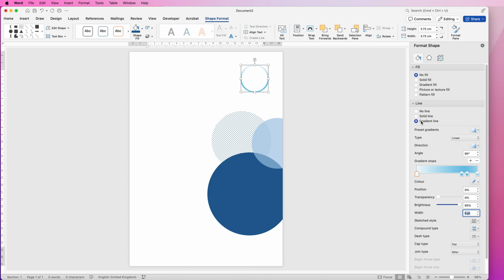So select gradient line. Now you'll see we've got these 4 markers. Now for this design I don't need 4 markers. So I'm going to select one and press minus. This one is selected, I'm going to press minus again. You can see the effect this gradient has on the outline. I'm going to change the colour. So I'm going to select the drop down and select a grey. Then I'm going to select this colour and then select a different colour, and then I'm just going to increase